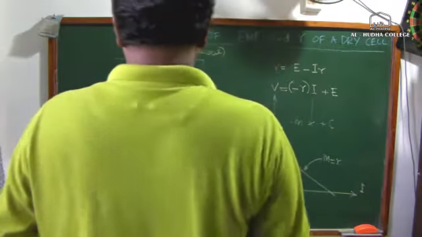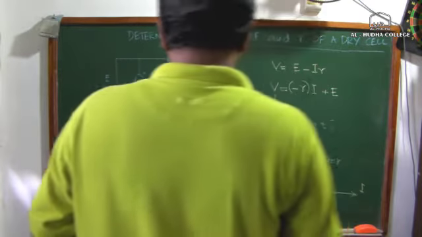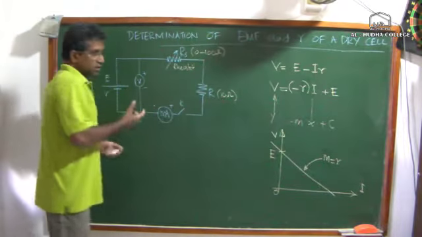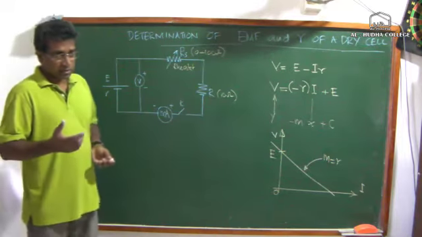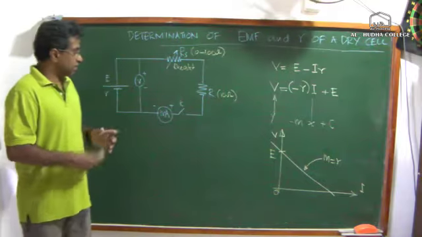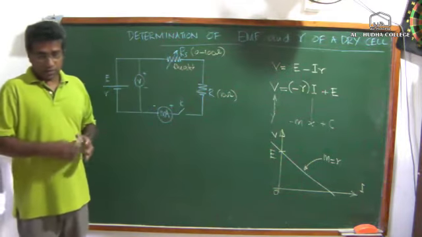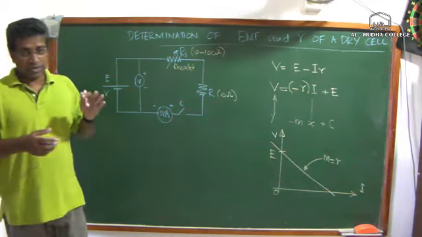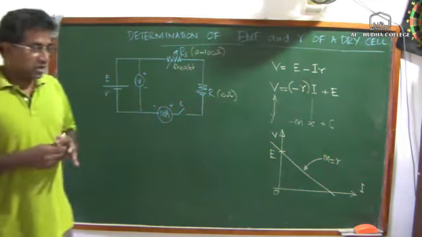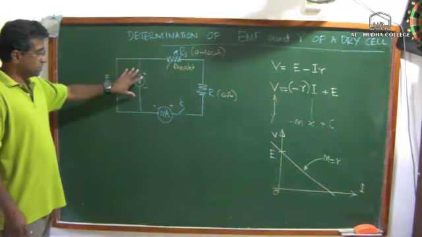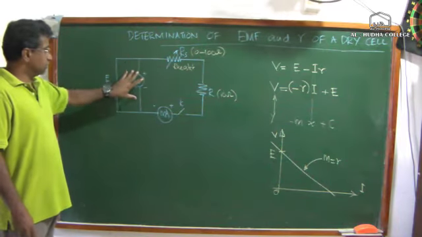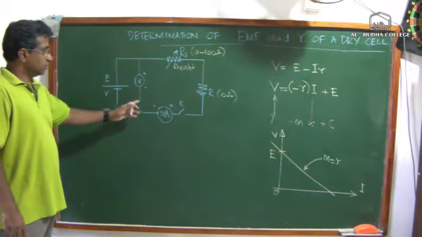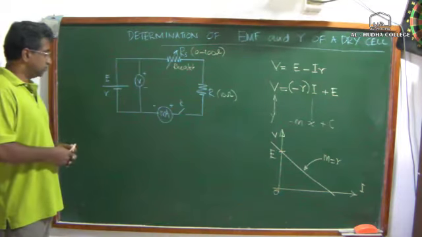The voltmeters with high input resistance are digital voltmeters. Analog voltmeters use a galvanometer. So when you use a galvanometer based voltmeter, it has to draw some current to indicate the reading. Whereas in a digital voltmeter, there will be no current drawn from the circuit. The internal resistance of a digital voltmeter is almost infinity, you can consider. So that is the reason why we use a digital voltmeter here.